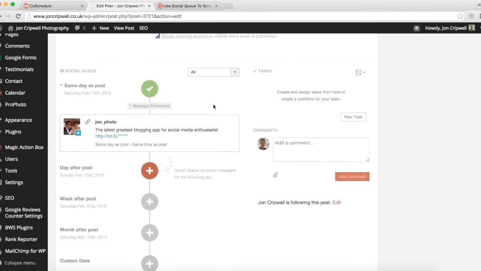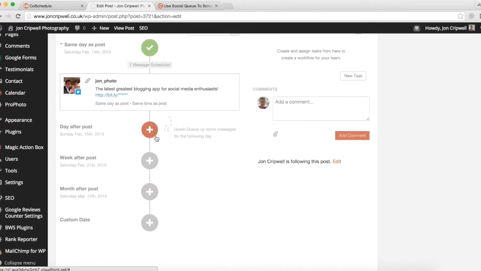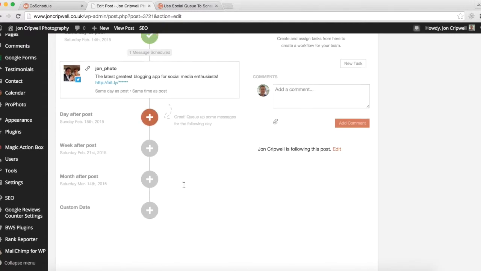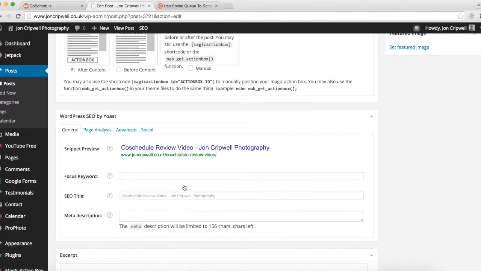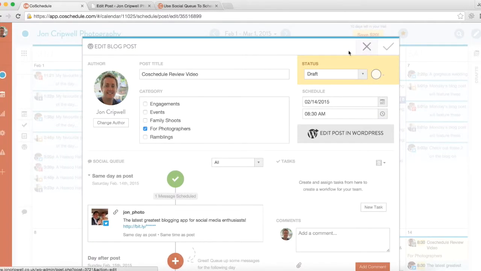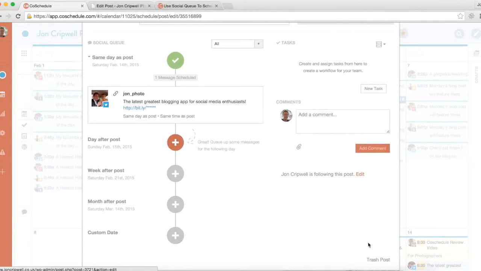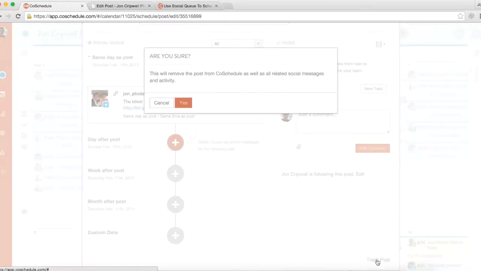Each post will have this CoSchedule widget at the bottom of it, and I can schedule all my social media from there as well. So you've got the option really, either working entirely in WordPress or using the calendar tool. I quite like the calendar tool because it gives me the opportunity to see what's coming up this month and make sure that I've got all my posts planned and ready to go really. So I'm going to get rid of this because I don't really want that going out as it is, so I'll trash that post, get rid of it all there,